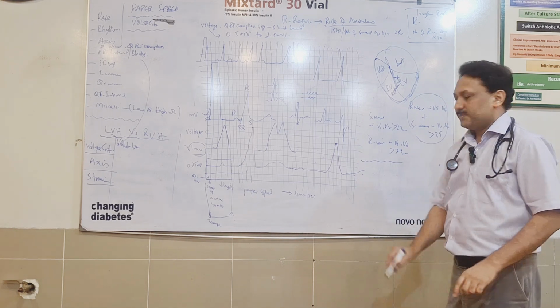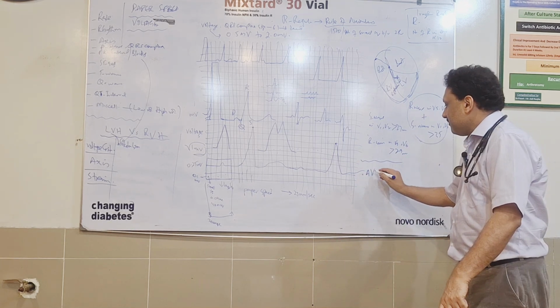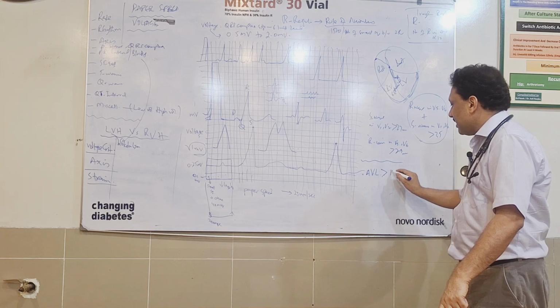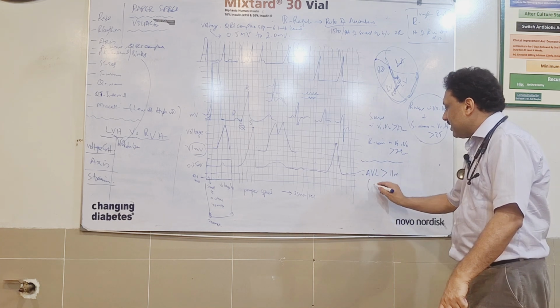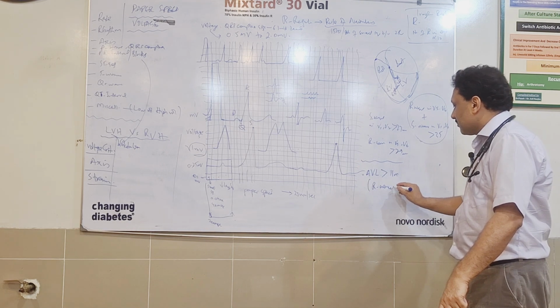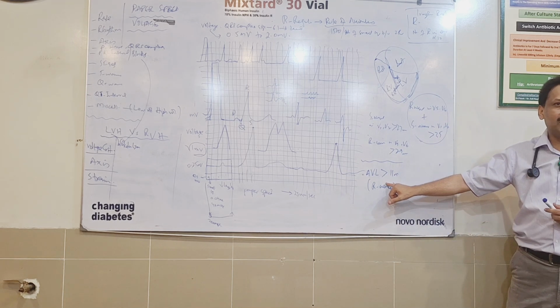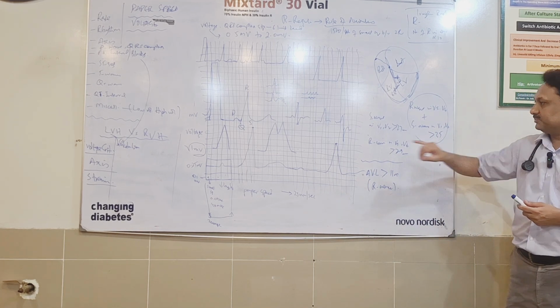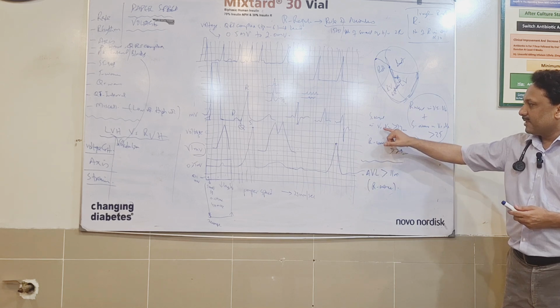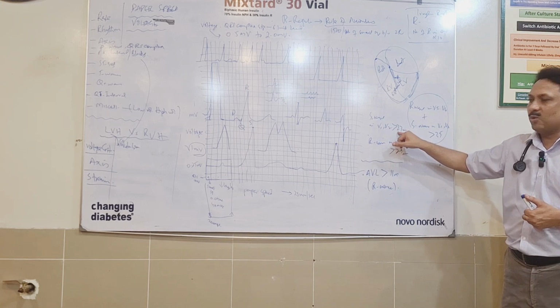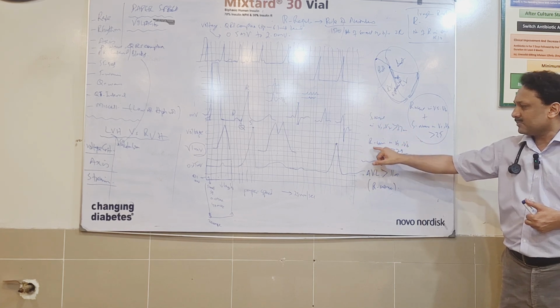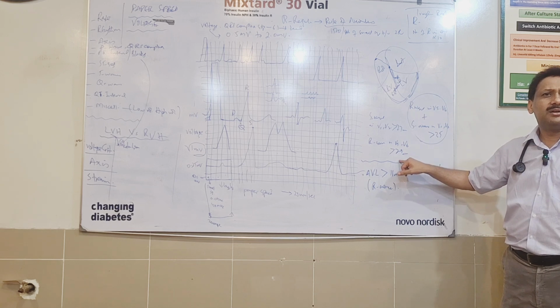Another criteria, R wave in AVL greater than 11 mm. S wave, any lead having S wave more than 27 mm or any R wave in V5, V6 more than